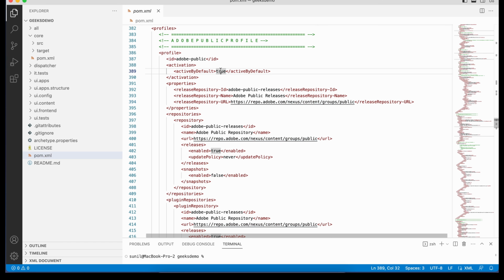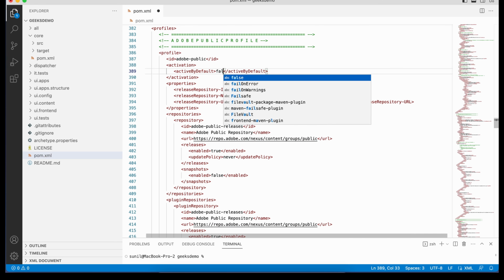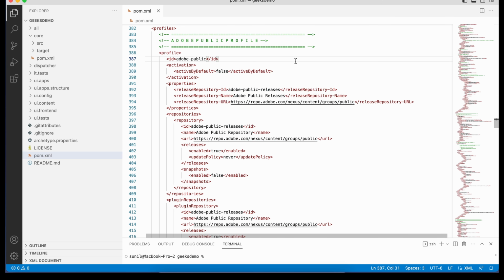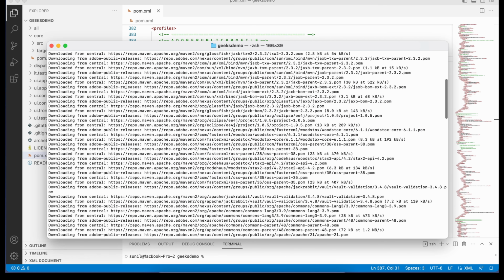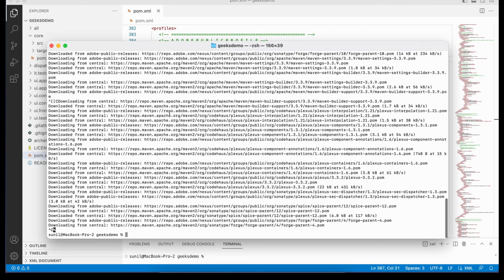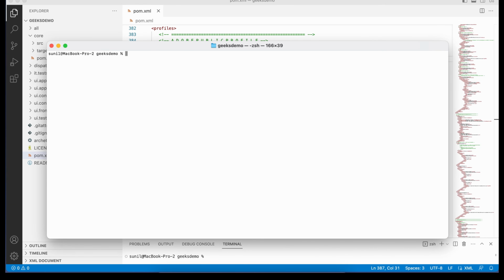Now let me make it false. If I set it to false, that means this won't execute by default with the goals. Now let me run that again. You noticed earlier it was downloading from Adobe Release. Now let me clear this, and I'm saying only Maven clean install. I did not define any profile earlier, and I did not define any profile now. If I hit it now,